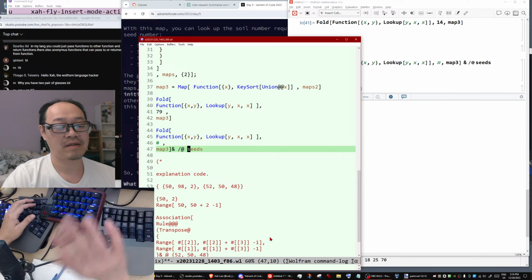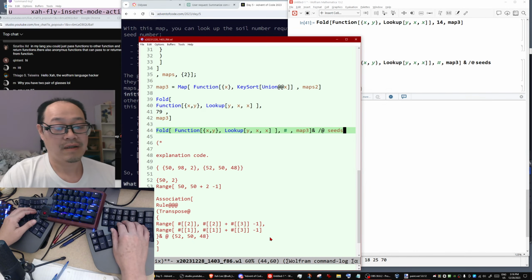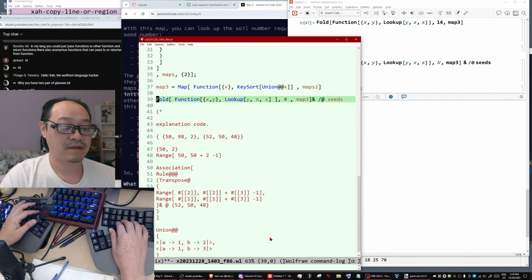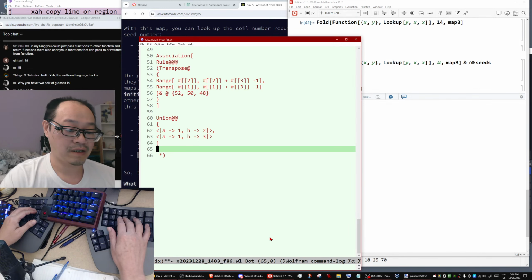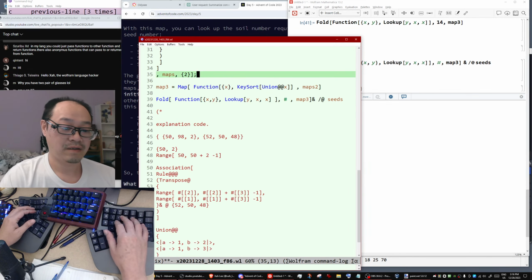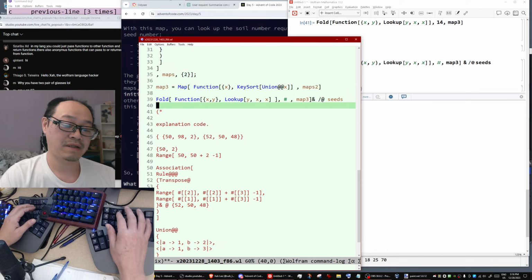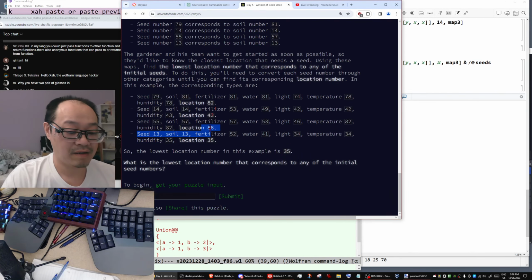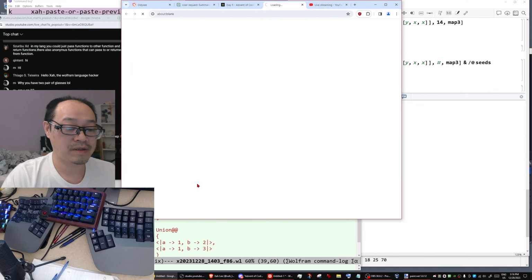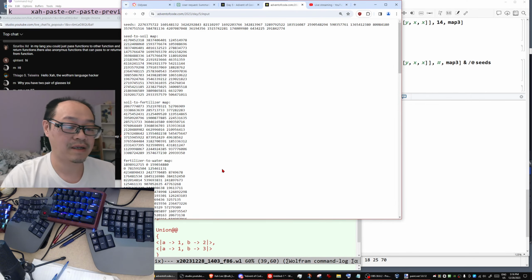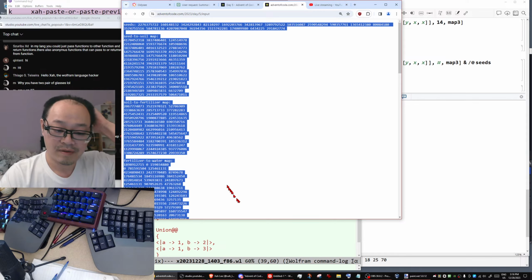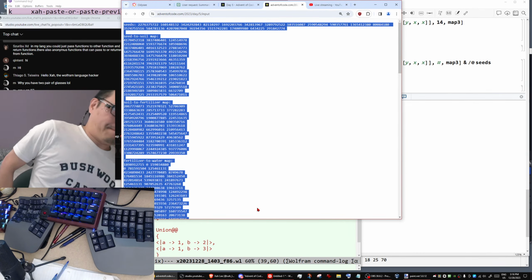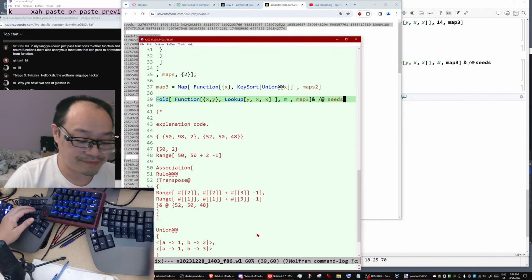Okay, that's our code. We don't need this. This is for explanation. Put it here. So our code is basically we solved it, and now let's get our personal input. Oh my god! Now we need to turn this into